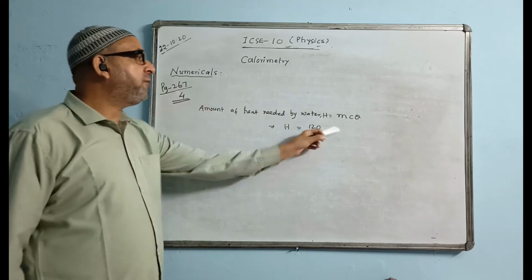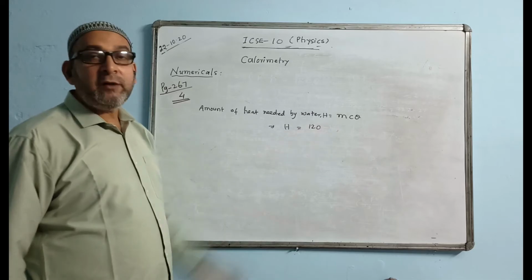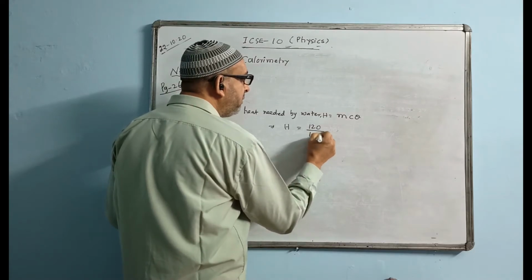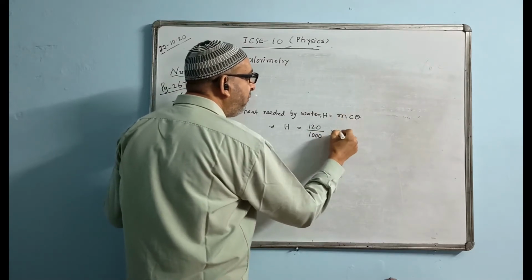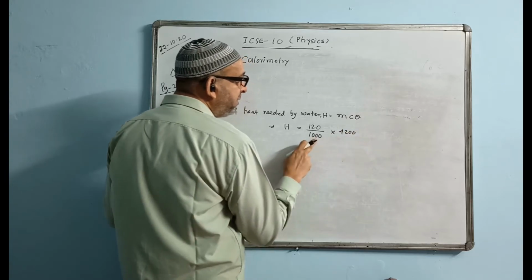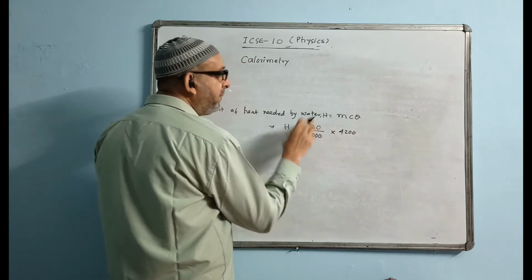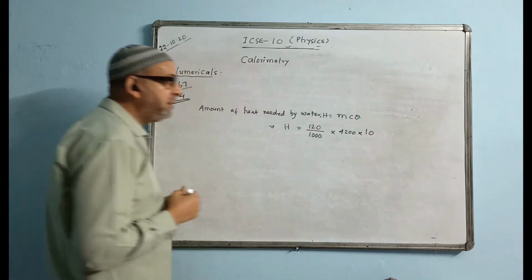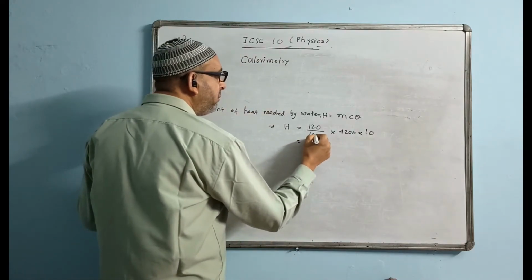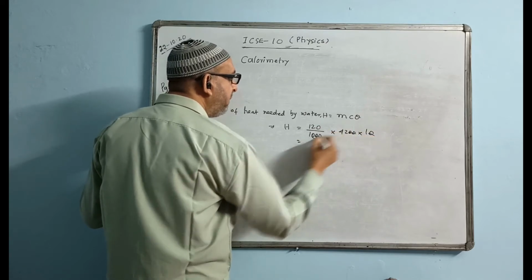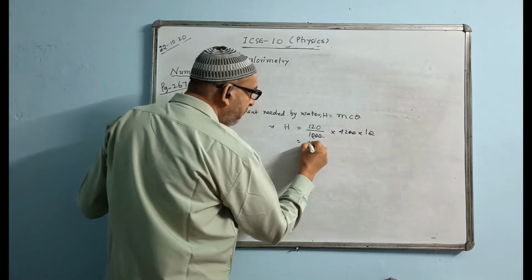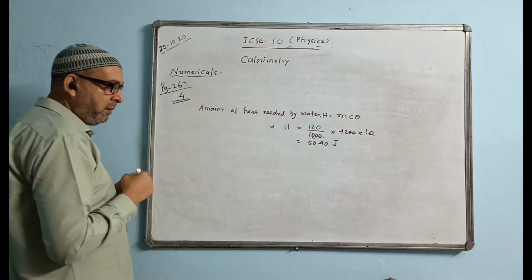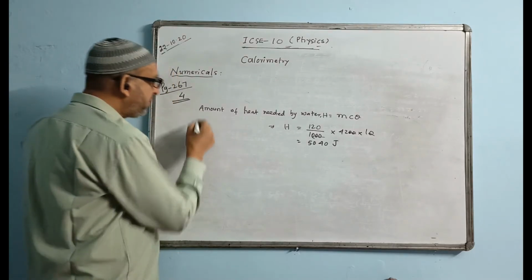Both of them have to be the same unit. If it is in gram, then the other value should be joule per gram, gram wise. That means we must change mass. We must change in kgs. 120 by 1000 kg into C value is given 4200 joule per kg. That's why I change this in kg. If it is given in gram, then we'll keep in gram only. We will not change. Theta is the temperature difference already given by 10 Kelvin. Write 10 there. Now calculate the answer. Multiplying the thing, your answer will come 5040 joule. That is the answer for the first part.